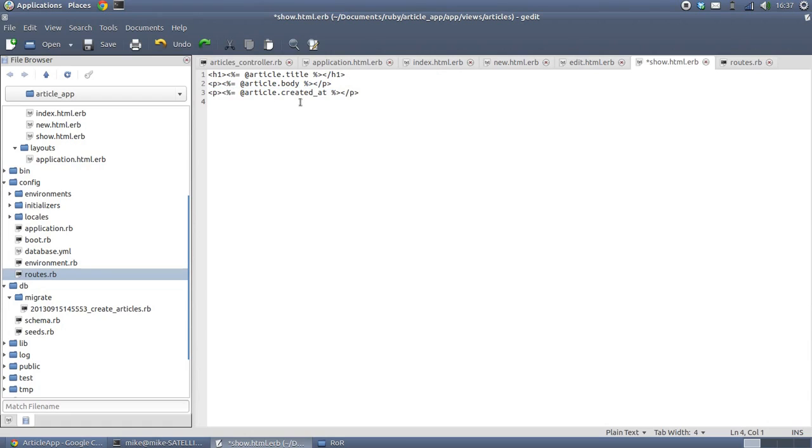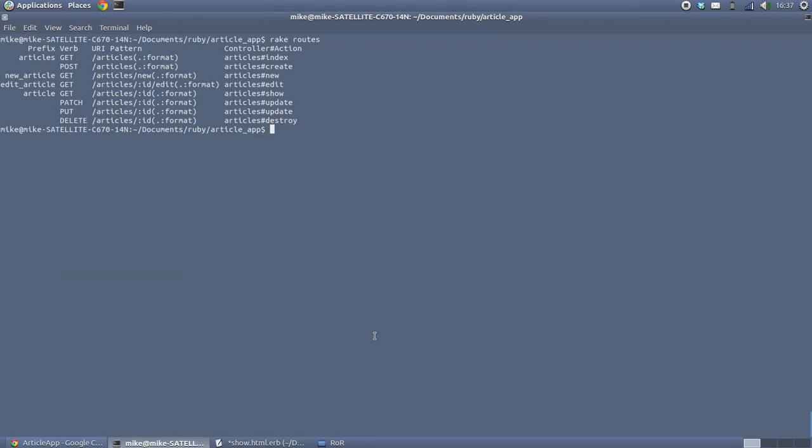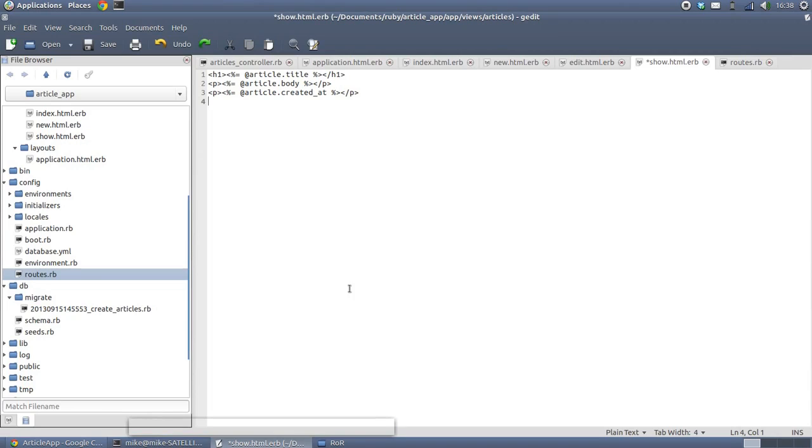Then we're going to output something called created at. Now, if you remember rightly, we did our command to create the model, and we passed in that there was a field called title and body, but we didn't create one called created at. And the reason why we still have this, even though we didn't specify it, is because if we look in the migration,